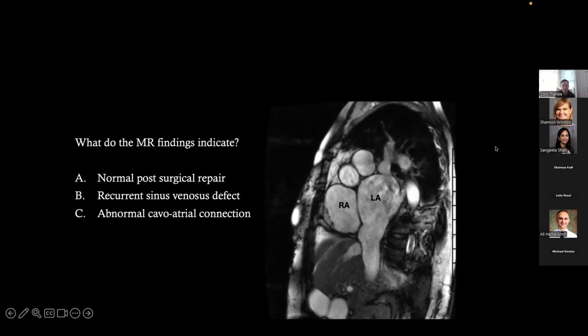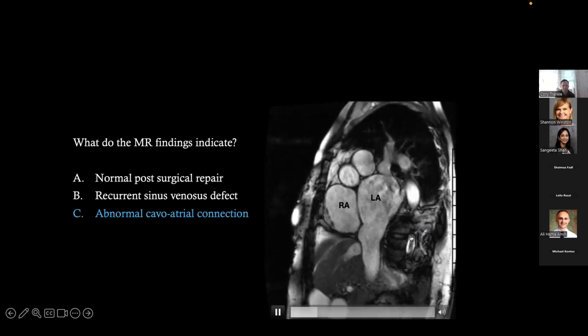And the answer is, this is an abnormal cavo-atrial connection. This is the IVC draining into the left atrium instead of the right atrium. And this was inadvertently a complication post-surgical. Instead of connecting the IVC to the right atrium, the patch was placed and the IVC was connected to the